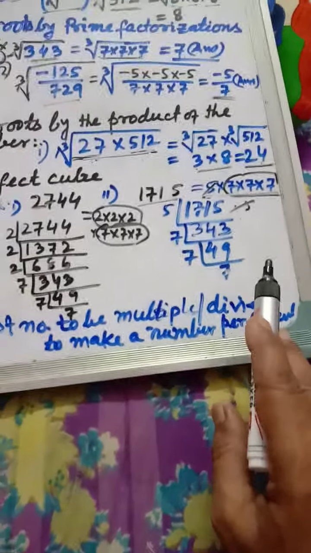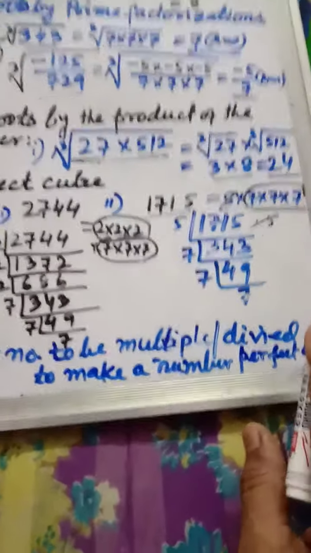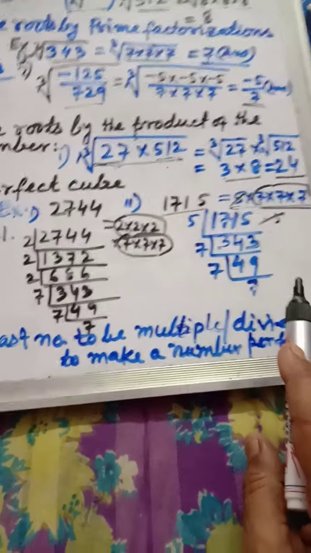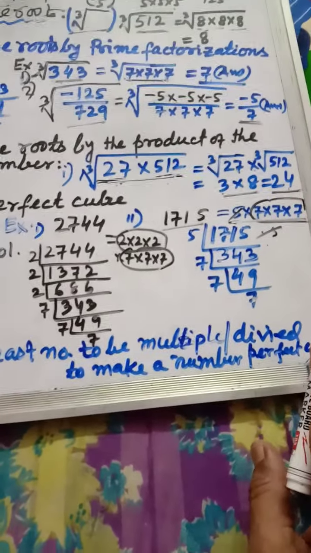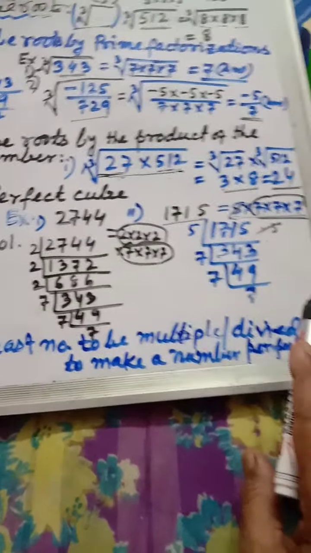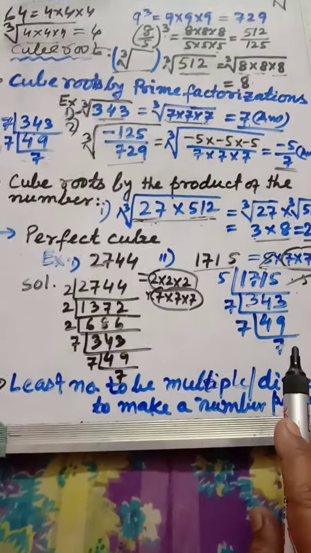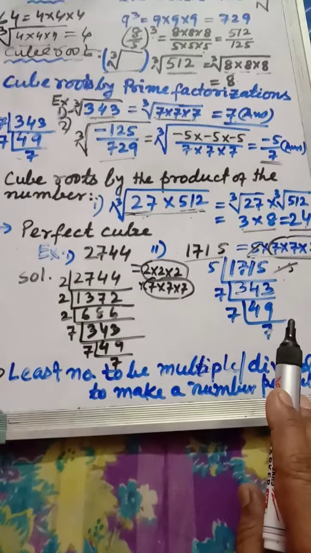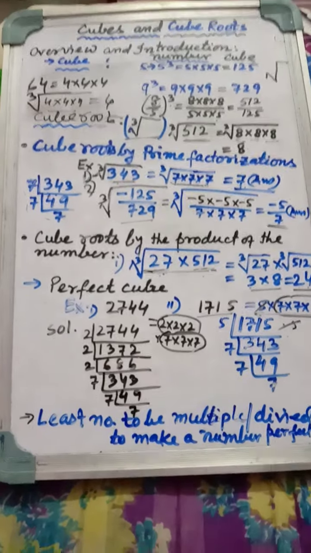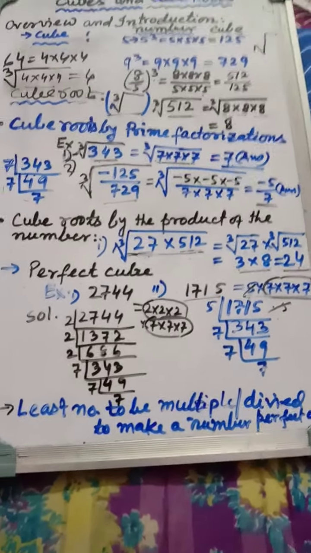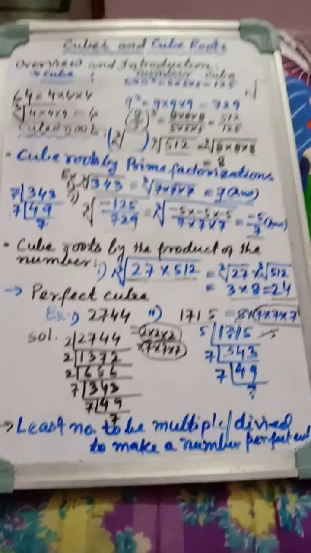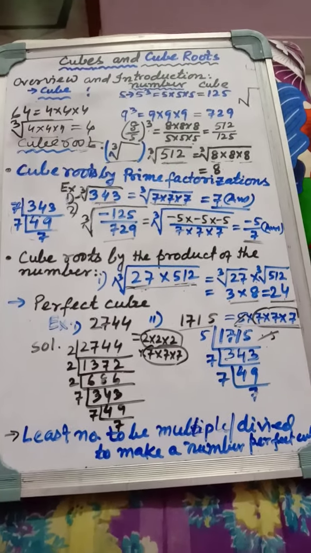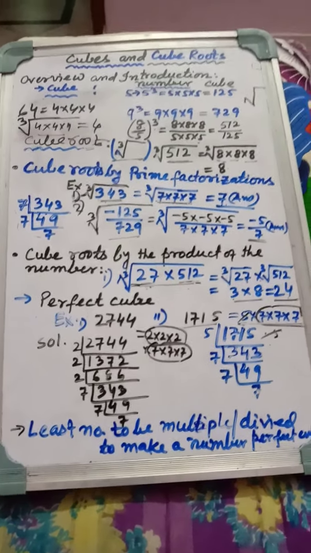But as a product of numbers also you can sometimes find out the cube root, when you are finding a perfect cube number. Then to certify whether a number is a perfect cube or not, and how much least you will multiply to make the number a perfect cube, and how much least you will divide to make a number a perfect cube, all that is the overview of this lesson you need to know. We will cover your exercise sums, and you will understand better.